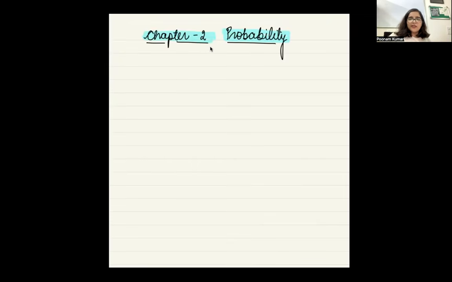Yes, ma'am, we had probability. You had. Okay, chalo. All right. Irrespective, we will just do it from the basics. So even if you do not have any background in that, it's fine.